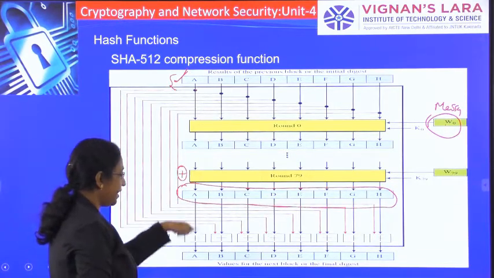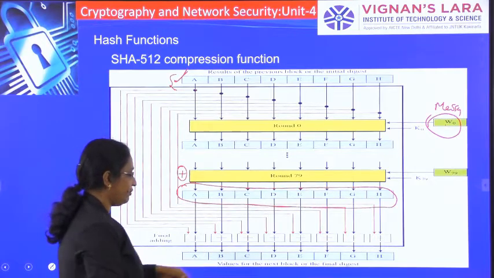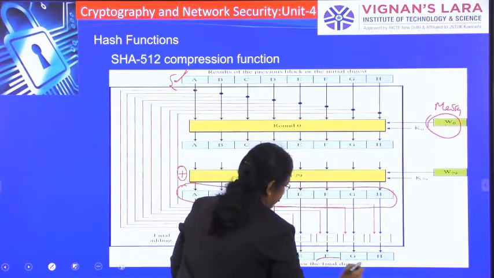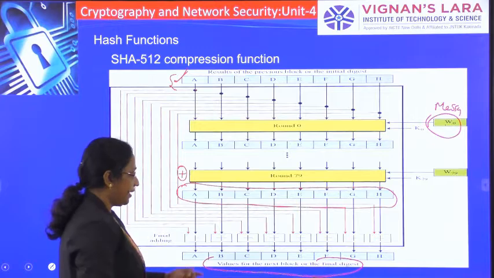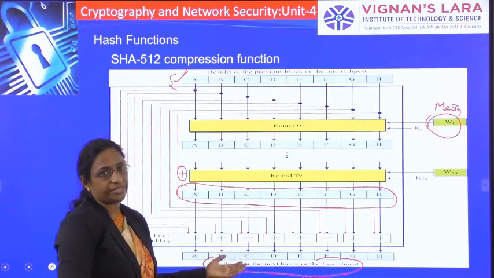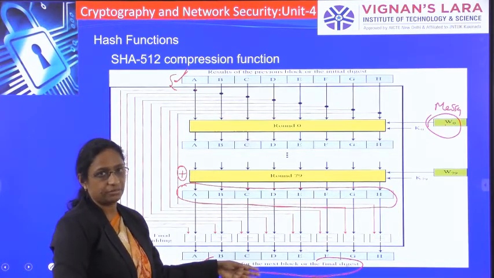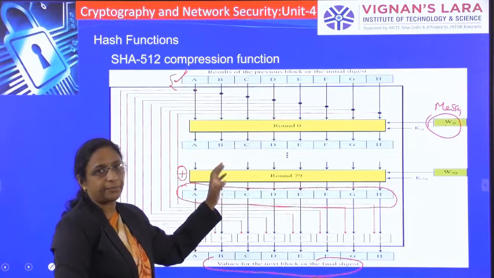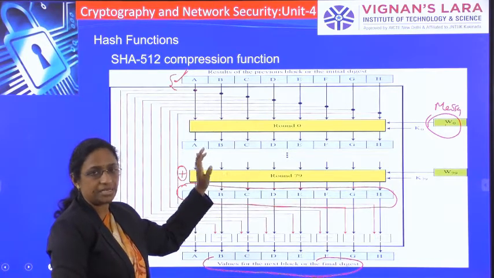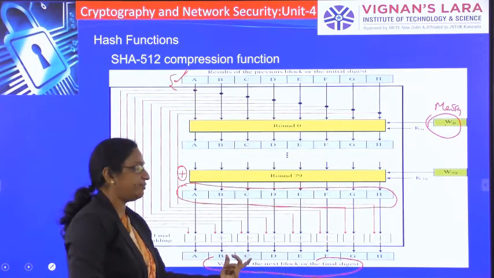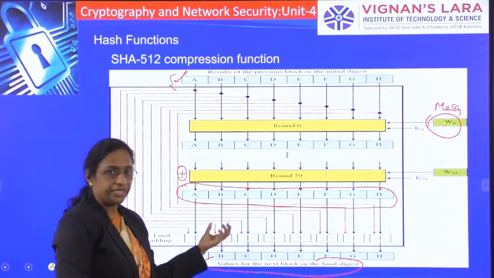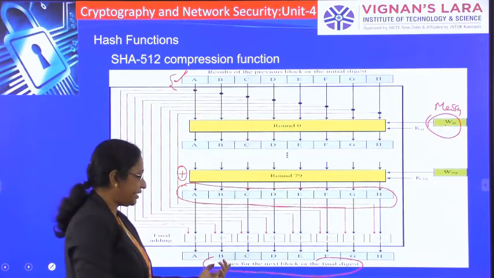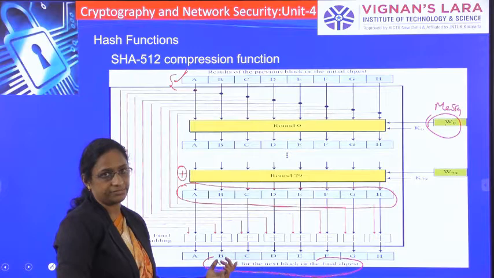That is the XOR value, and finally you get your final digest, the values for the next block, or we can say the final digest value. If it is block n, the last block, then this will be your final digest value. If it is an intermediate block, then this will be your intermediate digest value.